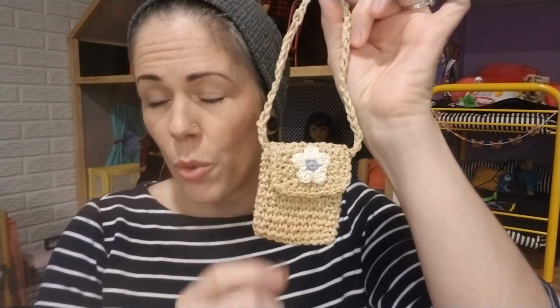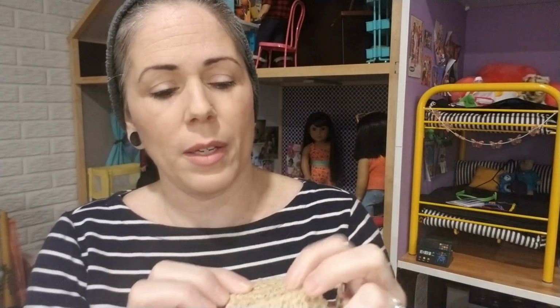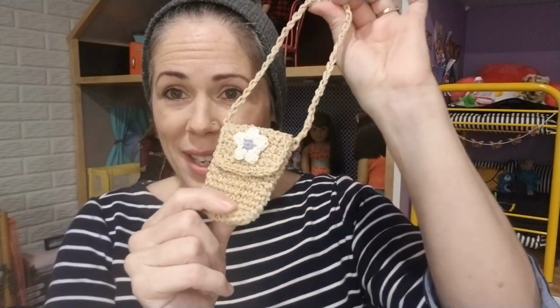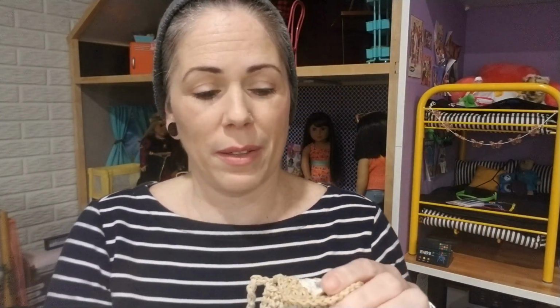This one goes to an older American Girl outfit. It's a dress, like it might even be called the periwinkle dress, but I don't have the dress. It's just almost like a seagrass kind of thing. I like it. I've used this one in the past year, so that one will